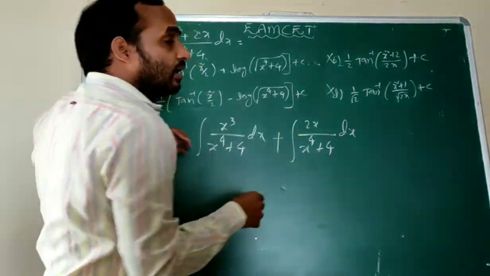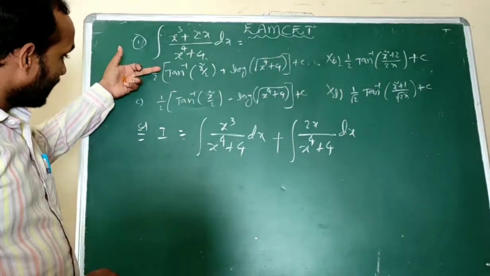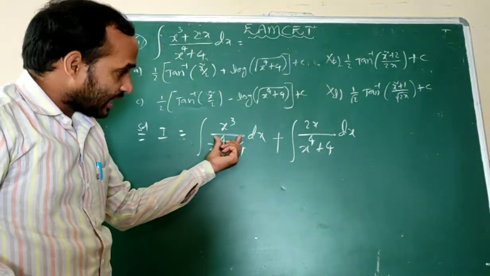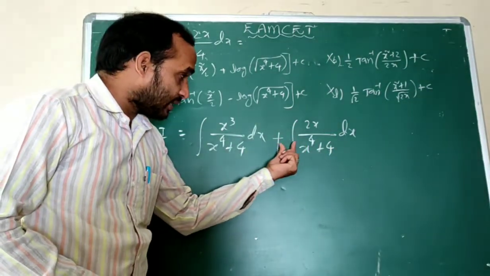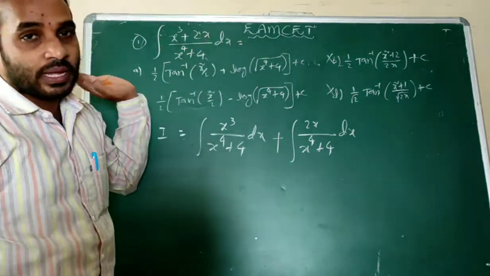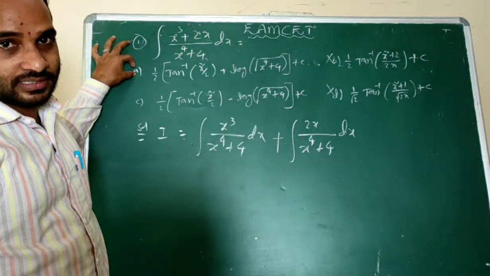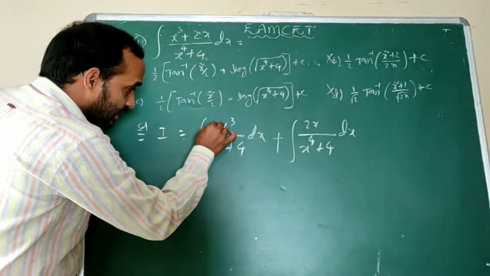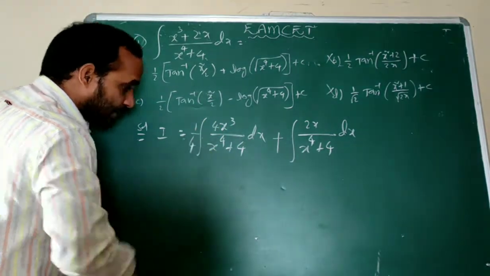B, D will be removed. Only A and B remain. So which one is the correct? Simply, there is no minus part. Here is also plus. Here is also plus. So answer A. Both will be positive. So A is the correct one. So when A is correct, it will be decided, divided by 4 into multiplied by 4.